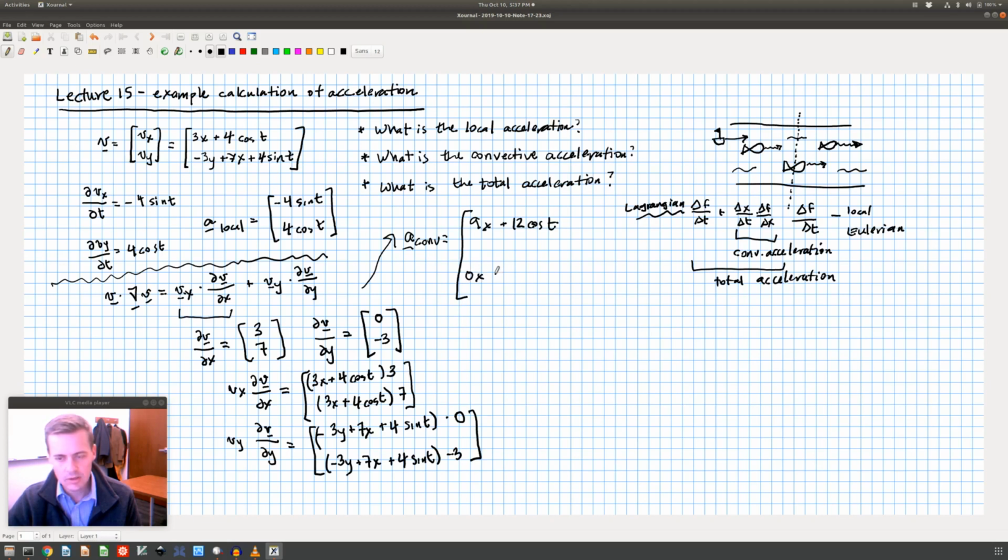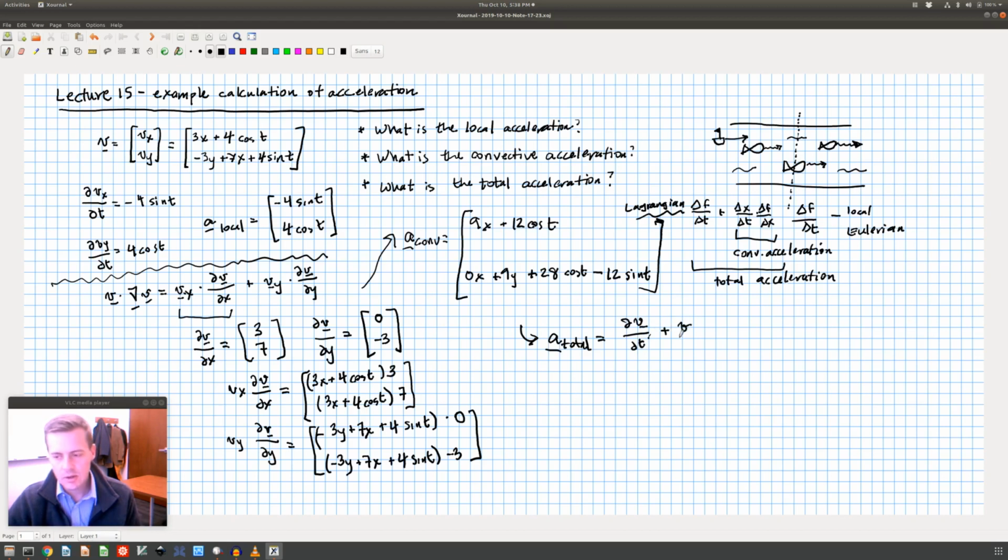in that one, so 0x plus, okay, the y's, there's no y's there. Here I have negative 3 times negative 3, that's 9y, plus 7 times 4 is 28, so I have 28 cosine t, minus 3 times 4 is 12 sine t. Okay, and then, oh, kind of ran out of space there, but you get the idea. Okay, so now I have 9y plus 28 cosine t minus 12 sine t, and this one is a 9x plus 12 cosine t. That's my convective acceleration. So now down here I want my total, which is dv dt, this is my total